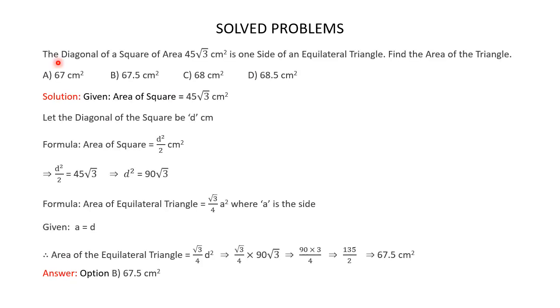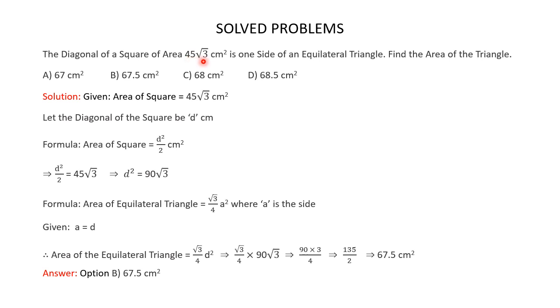The diagonal of a square of area 45 root 3 centimeters squared is one side of an equilateral triangle. Find the area of the triangle. Here you are given 4 options and you have to find out which of these options is the correct one. So here you are asked to find the area of the equilateral triangle. It's given that one side of the equilateral triangle is nothing but the diagonal of a square of area 45